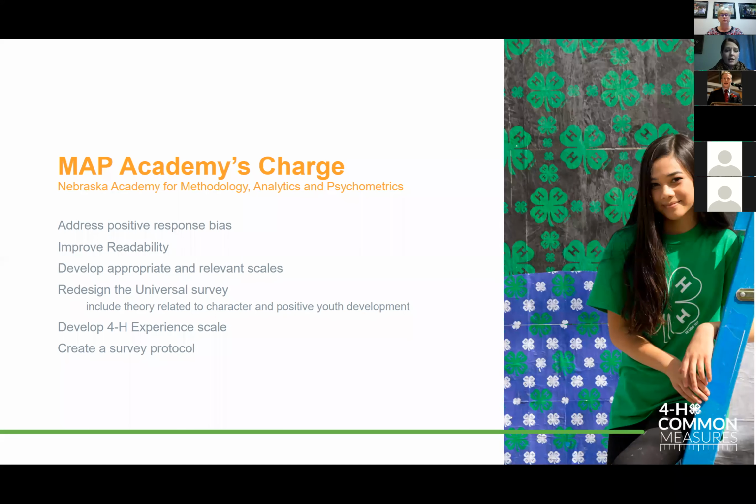We wanted to make sure that the answer scales were appropriate. So youth were really struggling with separating out the difference between I strongly agree with something and I agree. In their minds, they just agree. So we really took some time to figure out what is the best answer scale. We added some new instruments and did some redesigning of the universal. So we've added the 4-H experience scale, and then we redesigned the universal to include some character and some other